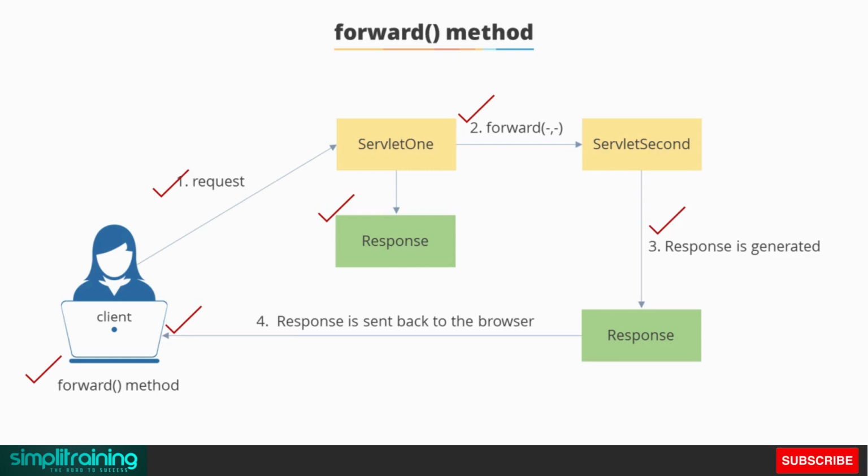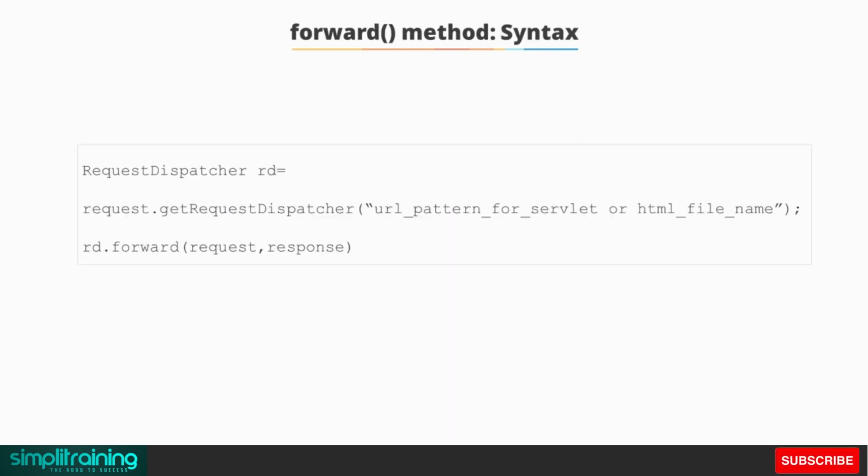This is the syntax of the forward method. RequestDispatcher object equals request.getRequestDispatcher, with the URL pattern for the servlet or HTML, and then rd.forward with the request and the response object. The include method,